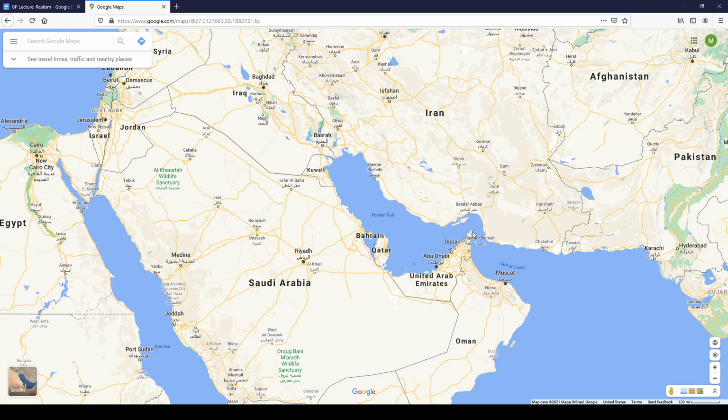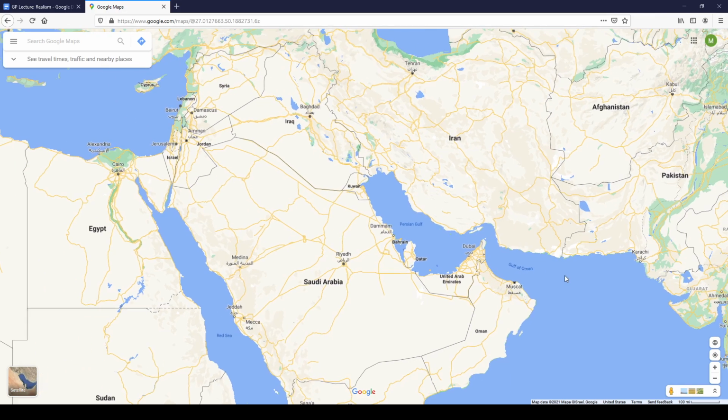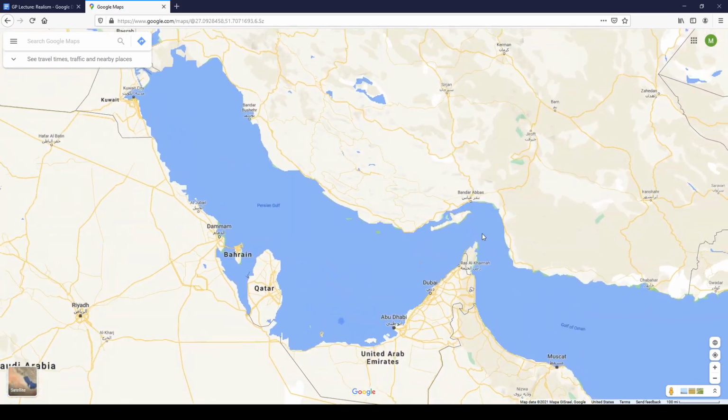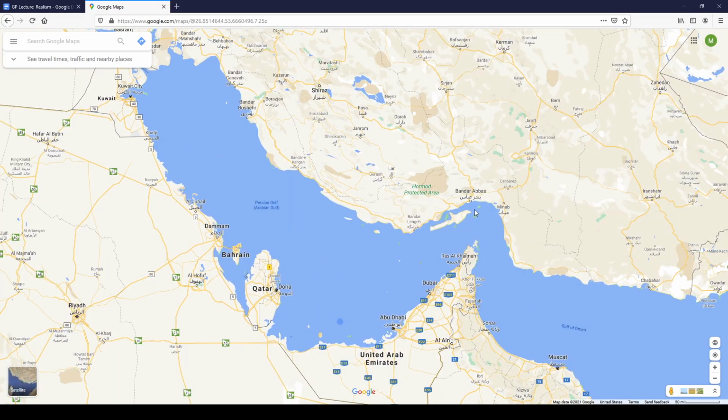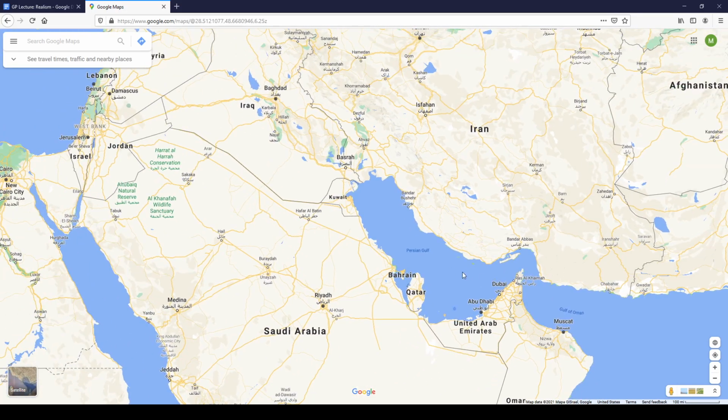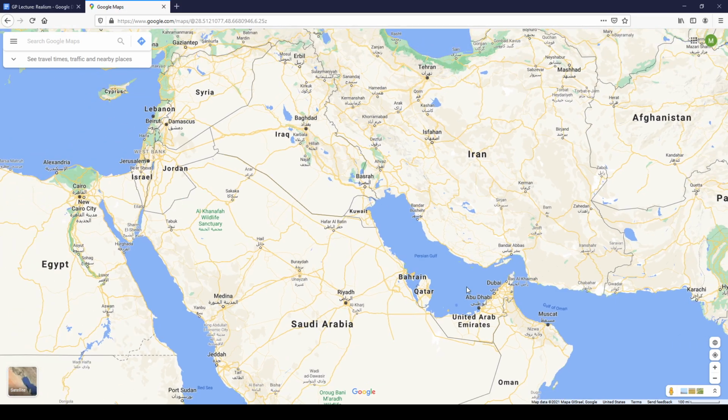This is of interest to the Saudis, but Iran holds a lot of the east coast of the Persian Gulf, and if Iran really wanted to mess with the global economy, they could start attacking the tanker traffic that's right here in the Persian Gulf, and the resulting skyrocketing of oil prices would harm a lot of America's allies, and it would also slow down economic activity. I mean, the United States gets relatively little oil directly from this region, so it's not an issue that the United States was going to war to protect its oil supplies.